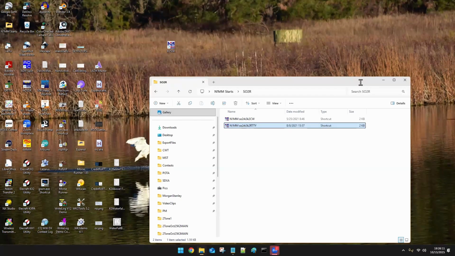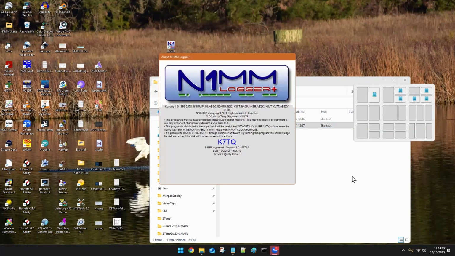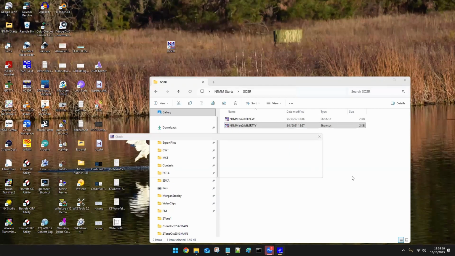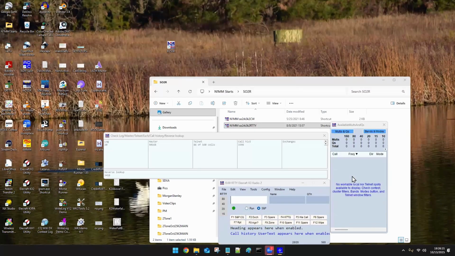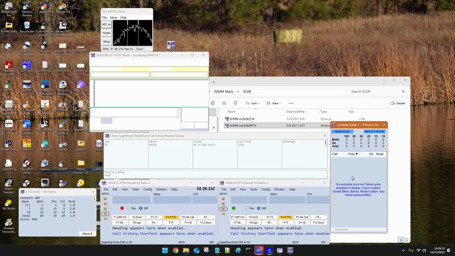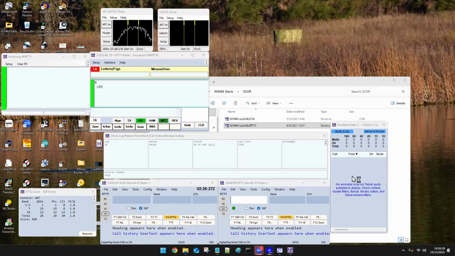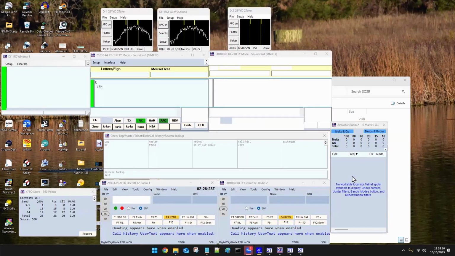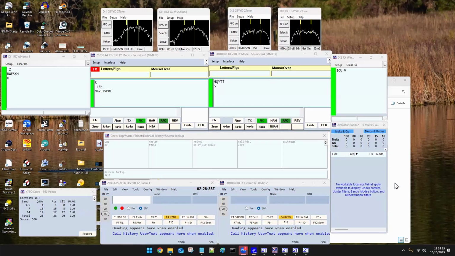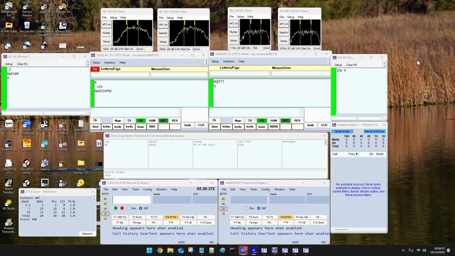I want to be crazy and do a SO2R RTTY contest. So trying to remember how to set up all of those windows, and then I have a whole bunch more